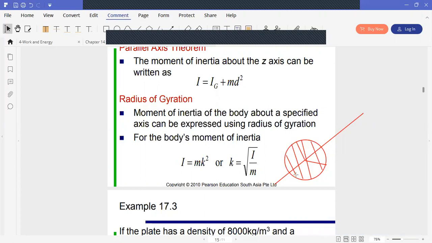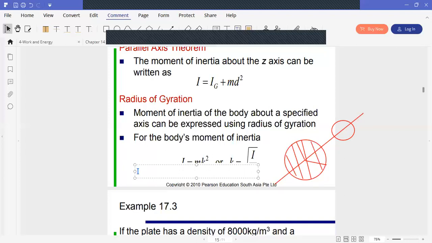Okay? It's an average value such that the inertia of this disk is equal to the inertia of an object of same mass with all points located at one distance from the center. Okay? So of course it's equivalent to a circle with a smaller radius where all points are at one distance, because it's like an average. So here you have points that are very close to the axis and others that are very far. So to find k, you know what do we write? To find k, for example, for a full circle, we write that